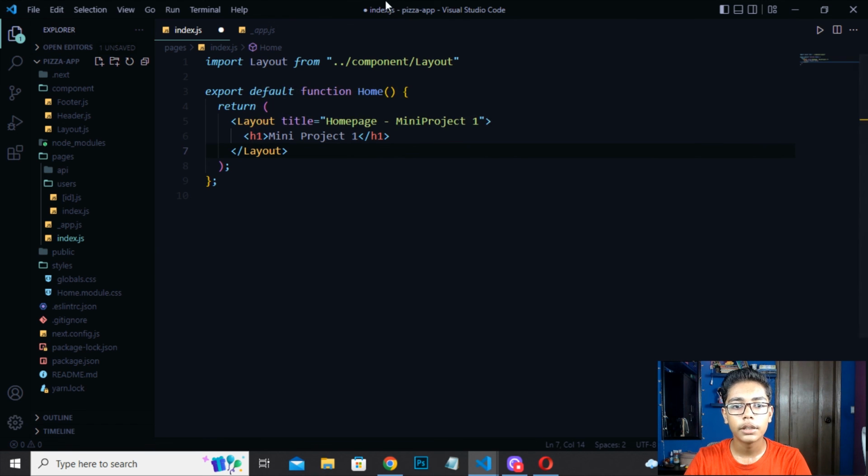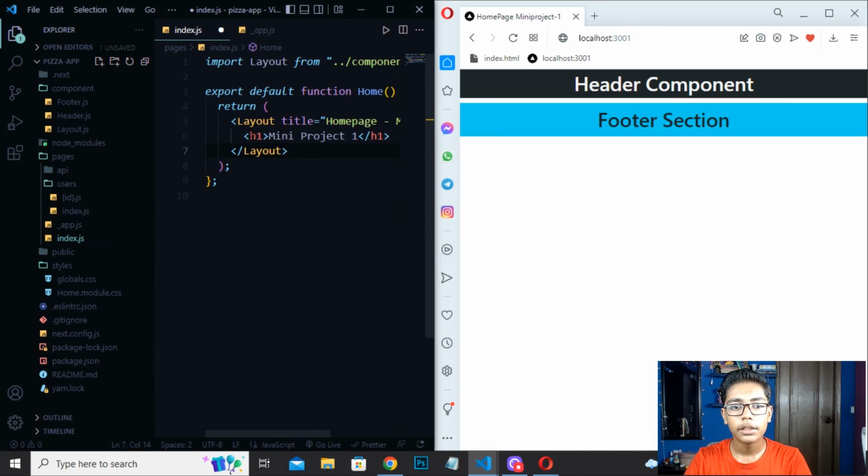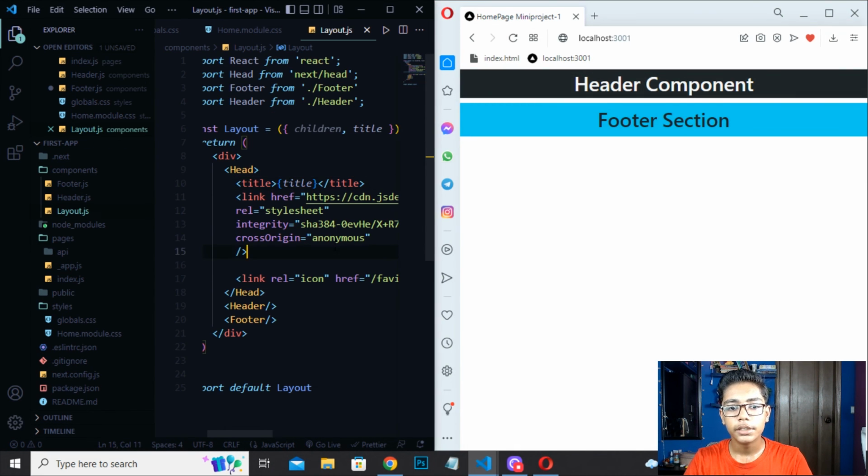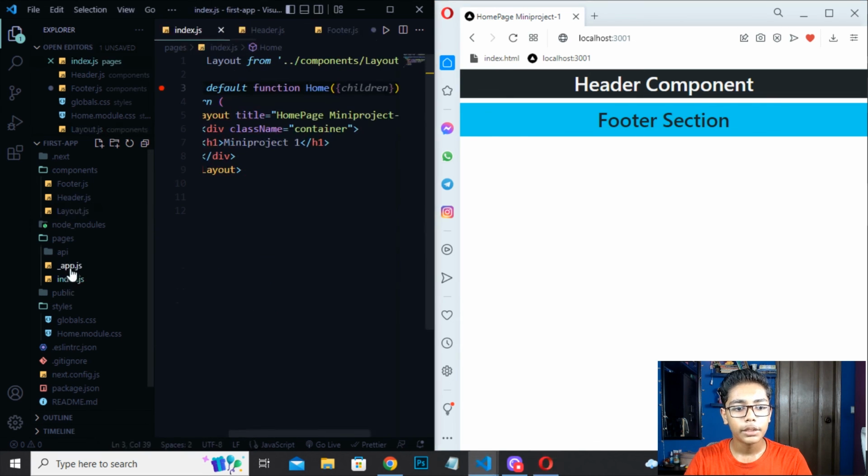Now I will be going to my previous file. You can see this is our file, saving here, and now you can see we are getting the mini project written here, header component and the footer section. Now I will be moving to index.js, and we are getting the APIs tab here also, and it is working.